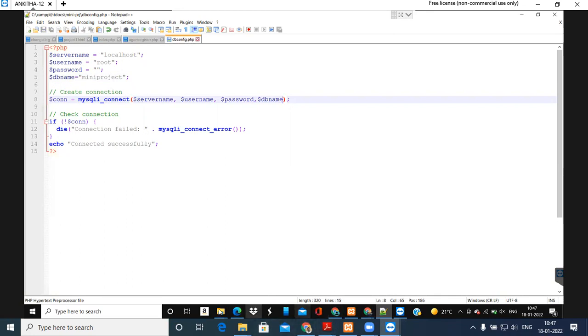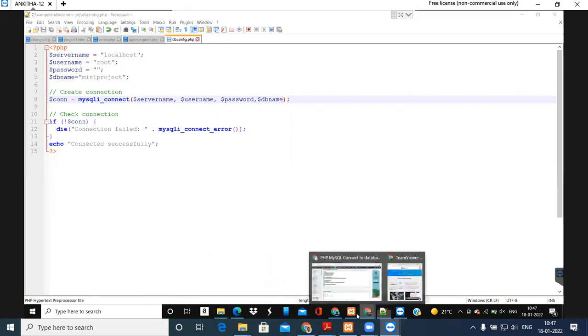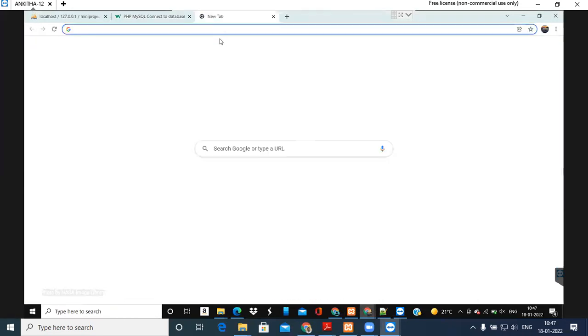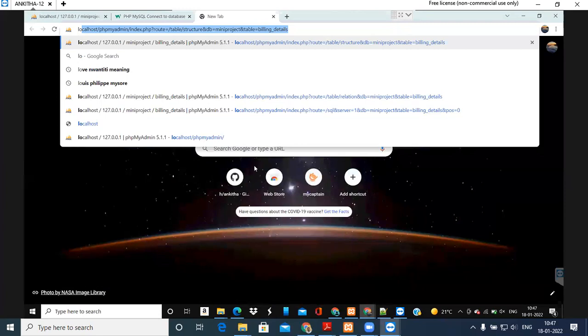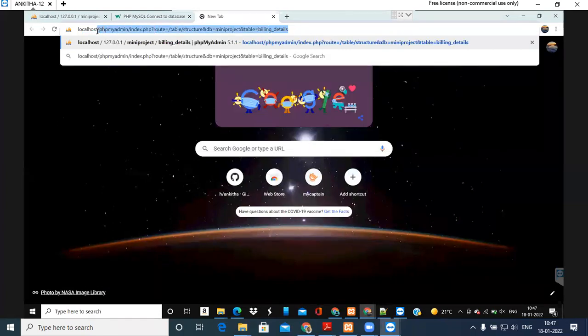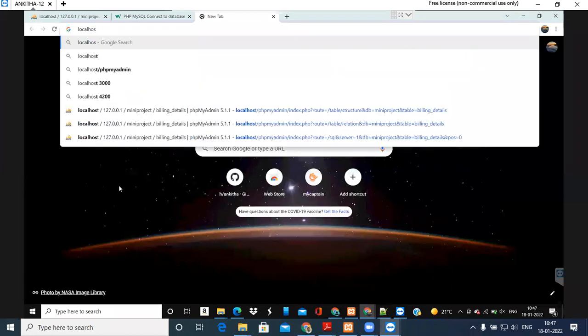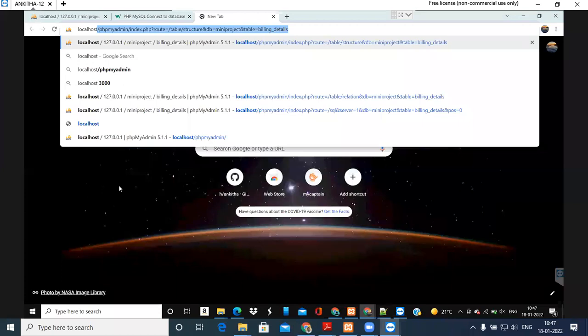How to check? You go to any browser and type localhost. You saved your file in localhost, right? So in localhost, your folder name. What folder name did we give?